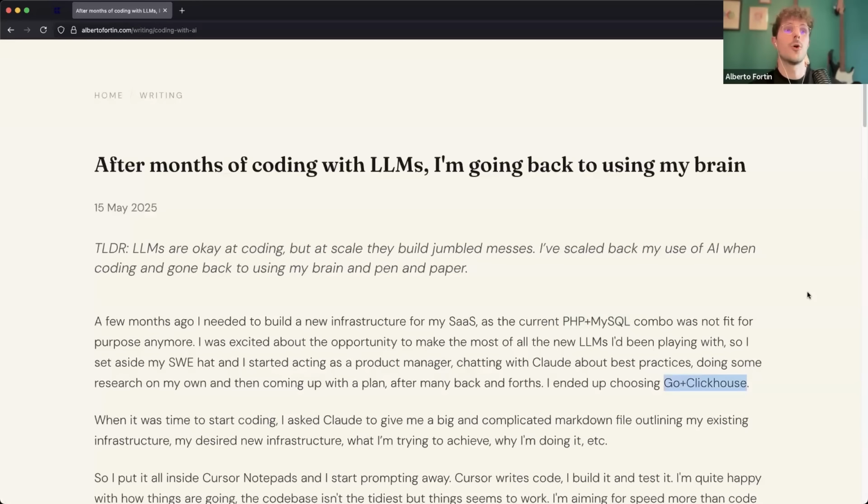I remember reading about Golang a lot on Hacker News. So I started using ChatGPT at the time to ask it what the best languages are. I came out with using Go and ClickHouse, and it turns out ClickHouse is amazing as a database for time series data as well. So it's really exciting. I'm going to have my infrastructure for hopefully the next 10 years. So I started